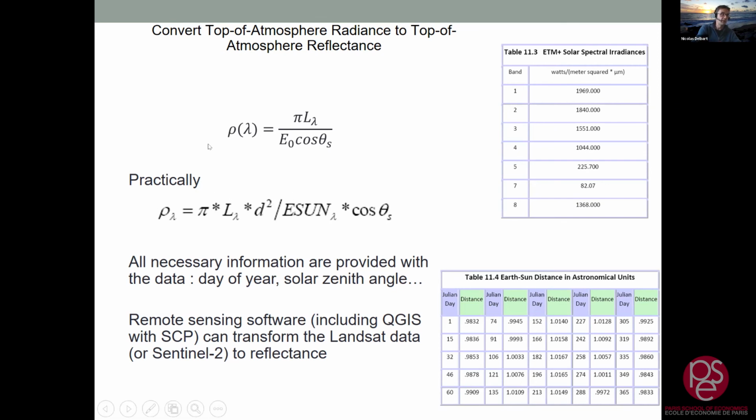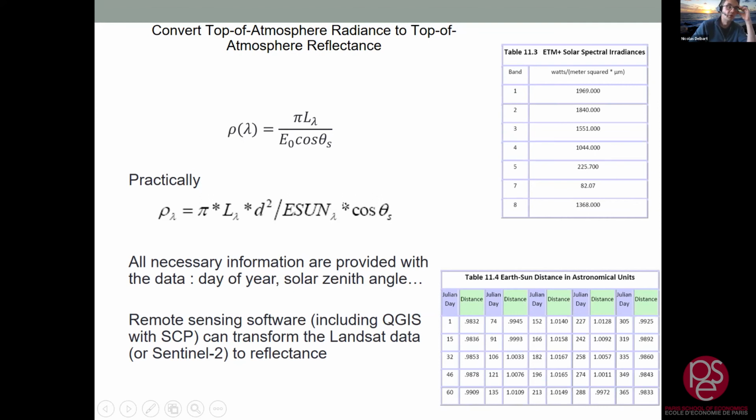So what I mean by tabulated, so we want to derive reflectance. We have calculated the image of the spectral radiance. And what we have to do only is to look in the metadata provided with the data for the zenithal angle of the sun, and we have to write E0 like that. And E-sun, in fact, is always the same.